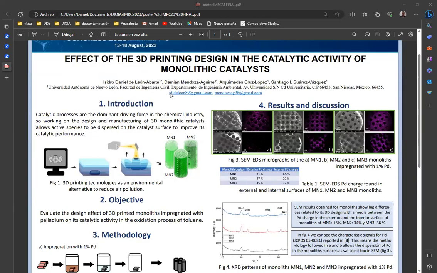As we know, catalytic processes are the dominant driving force in the chemical industry. So, working on the proper design and manufacturing of three-dimensional catalyst monoliths favors the active species dispersion through the catalyst surface, with the advantage of exposing abundant active catalyst sites. Furthermore, the formation of turbulent flows in continuous flow reactors is promoted, and this greatly improves the catalytic